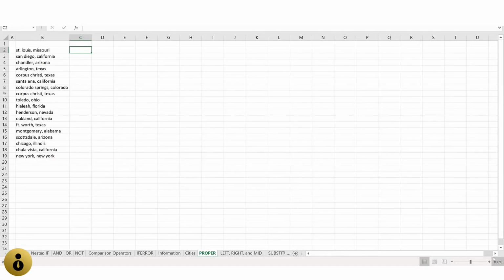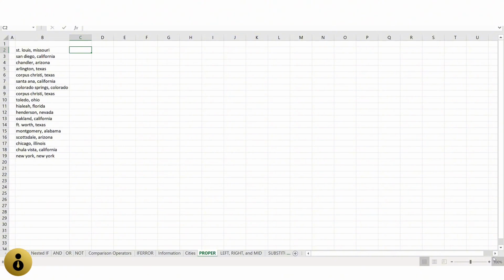Now we're going to look at some functions that are really useful when you're working with large data sets. Now, these data sets that we're going to use in the next few examples are smaller to make it easier to demonstrate the concept, but these functions will become really useful when you're looking at data sets with hundreds or thousands of different observations. In this case, I have a list of cities and states, and you'll notice that all of them are lowercase. For presentation to my boss or a client, it might be important for me to capitalize